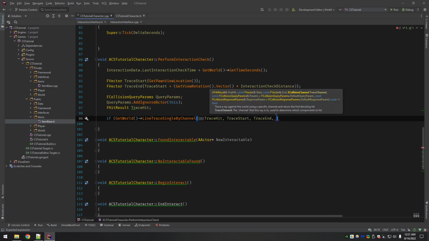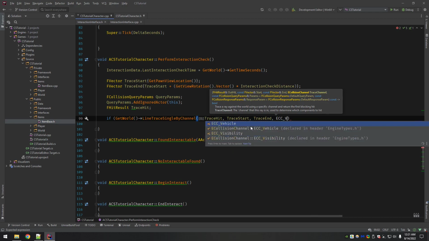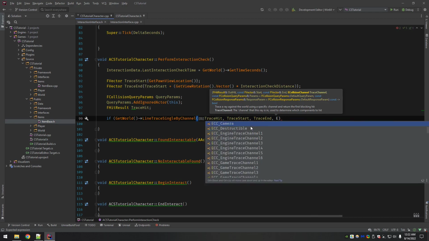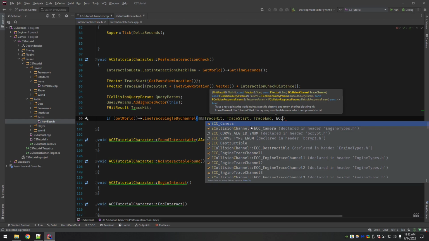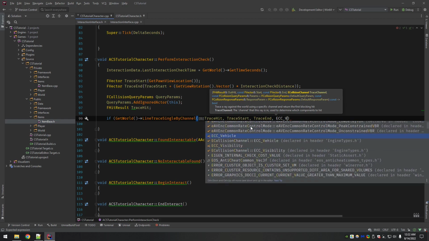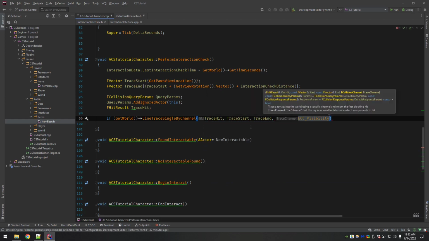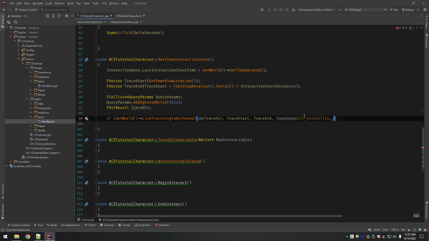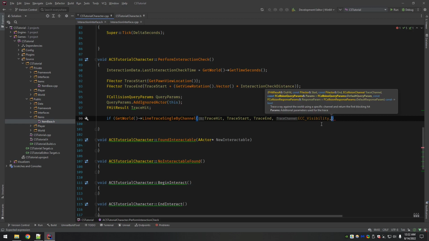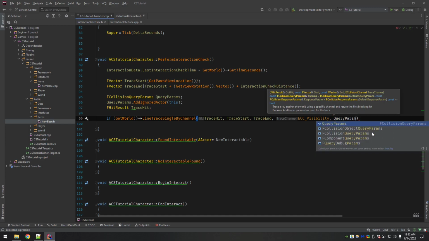Then you're passing in the collision channel. So we're passing in ECC, which stands for E collision channel, visibility. And then the last thing is, you can see, it wants our params. Since we already have that, we pass in query params.